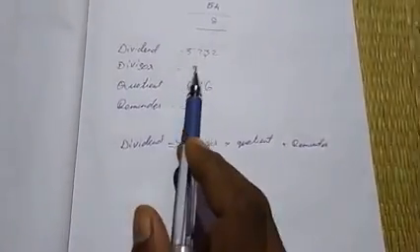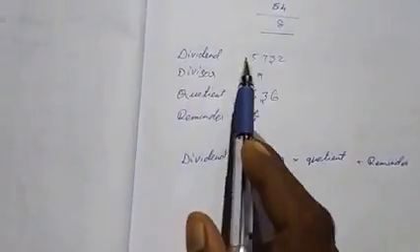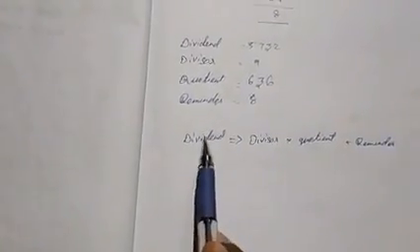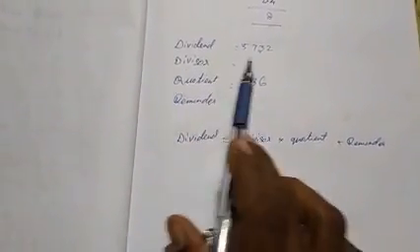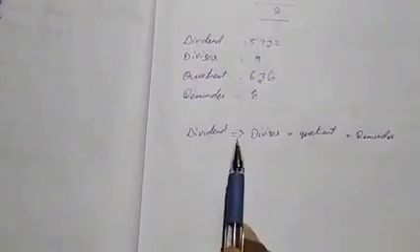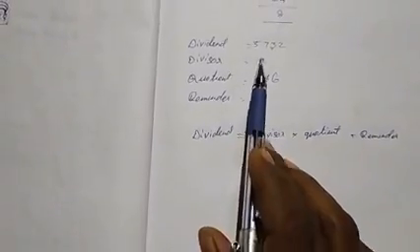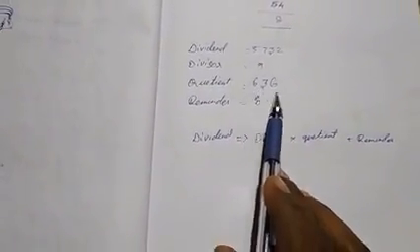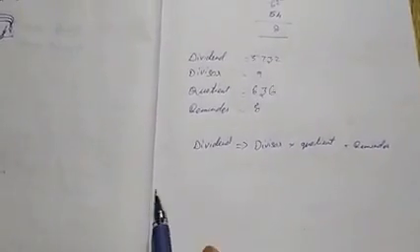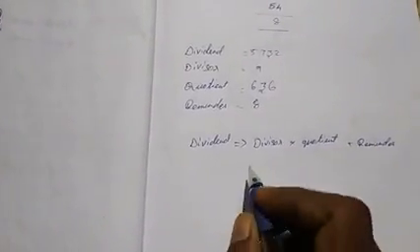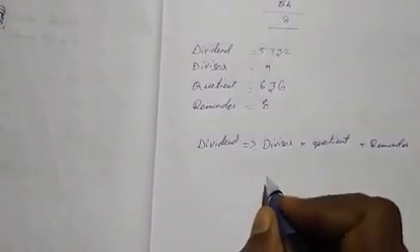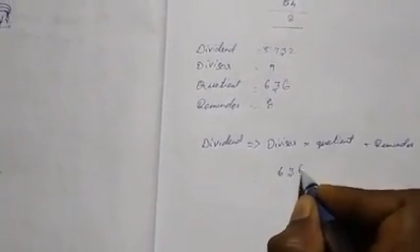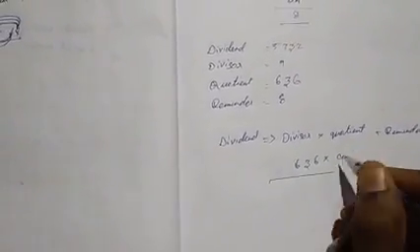Dear, if you need to check by yourself whether your division is correct or wrong, first you need to find the dividend. For this dividend, first we need to multiply divisor into quotient. Okay, what is the divisor here? 9. Quotient 636. Plus remainder. Shall we do this again? So 636 into 9. Shall we do?